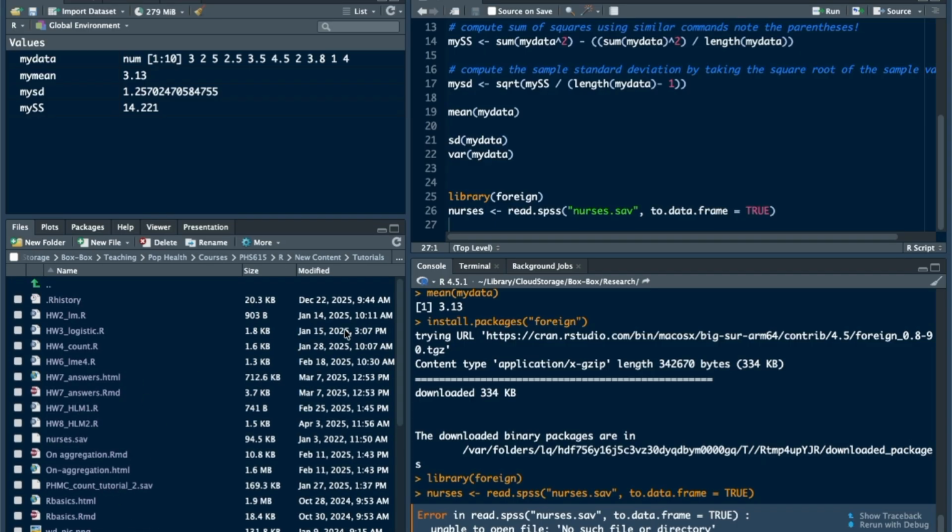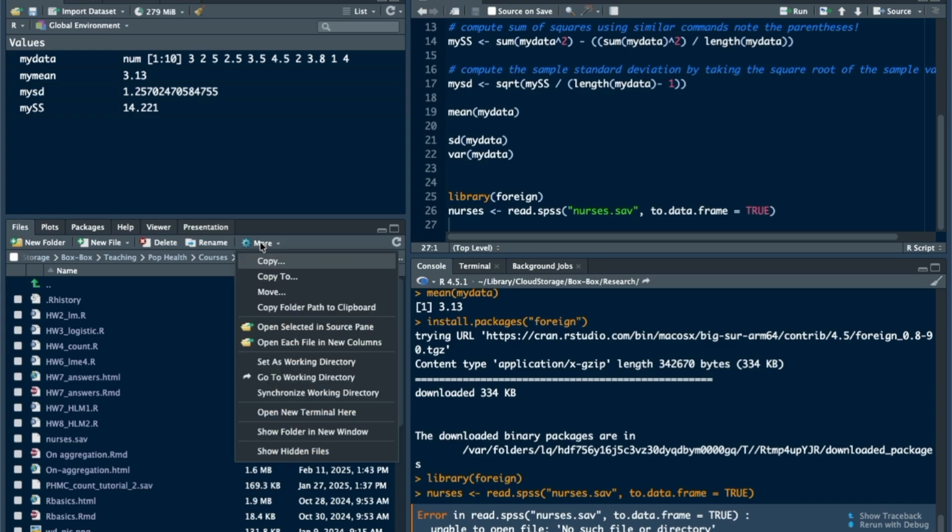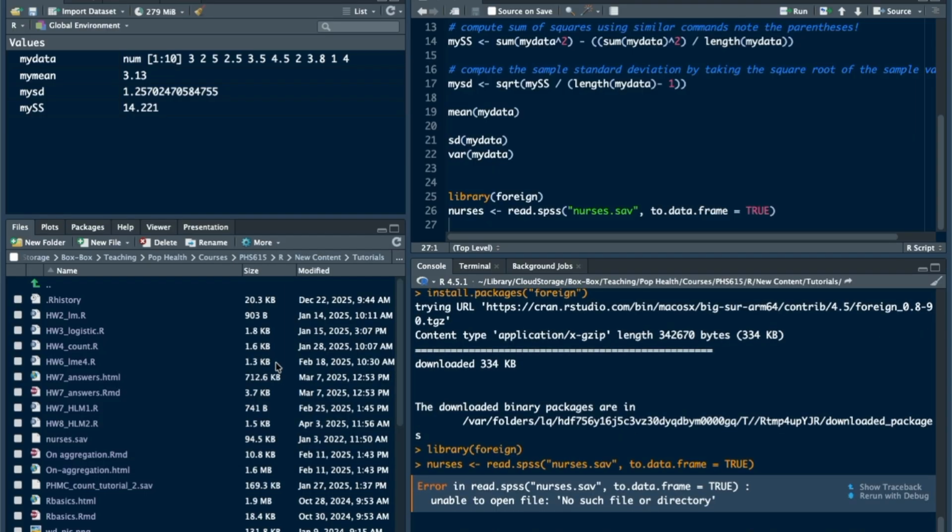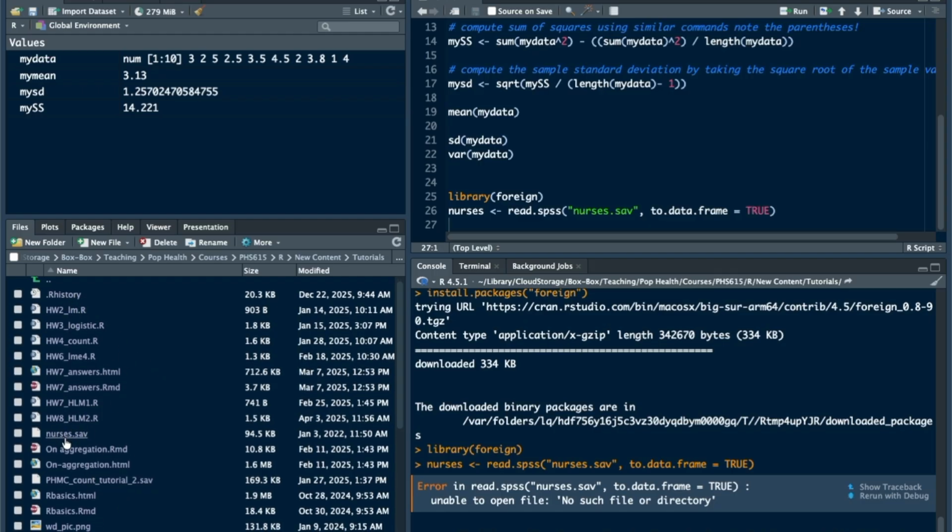So very, very importantly, what I must now do is go to the gear, click it, and click set as working directory. And now notice it changes, right? So my working directory is now the one I'm looking at here where the file is. Okay, very, very important. So in order to read in an external file